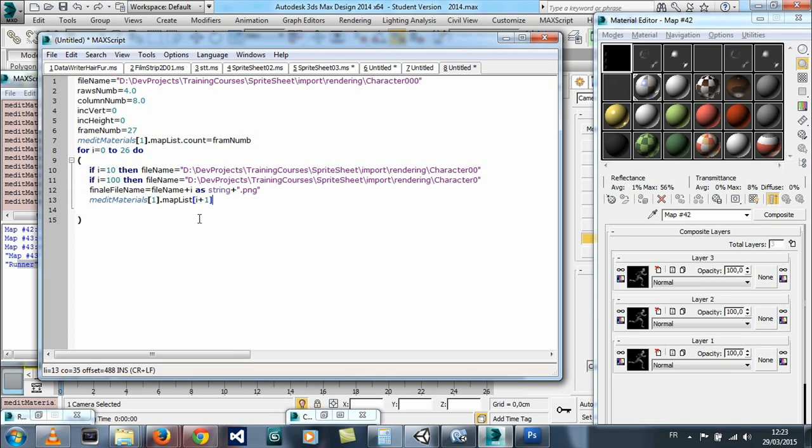I need to add +1 in here to prevent out of range errors, stuff like that. So I need to add i + 1, because we are starting from 0 and arrays in the 3ds Max script language start from 1. Anyhow, okay, and so map list i + 1 equal bitmap